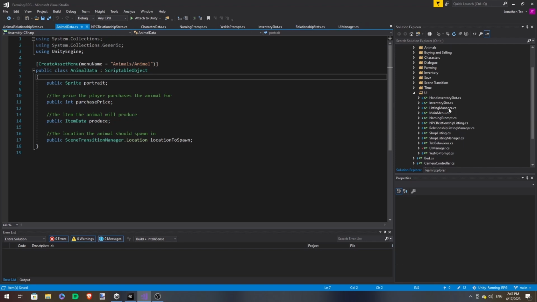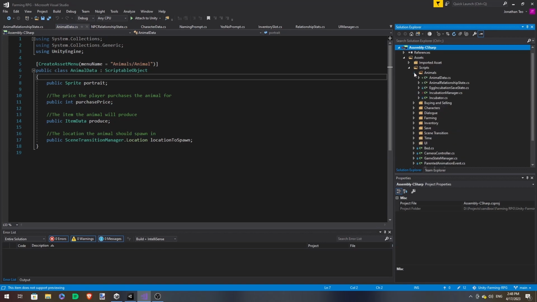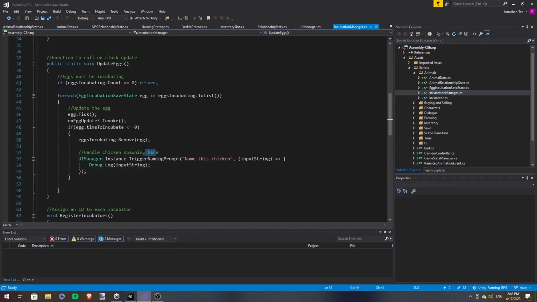So over in our incubator, right now, when the chicken spawns, first there's going to be a naming prompt to name the new animal.